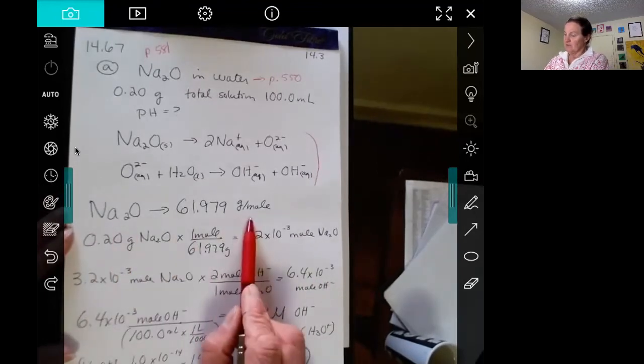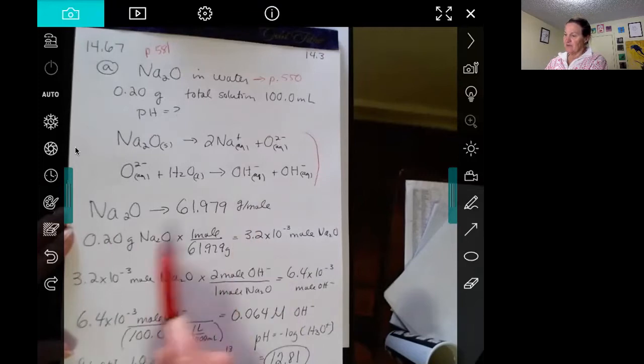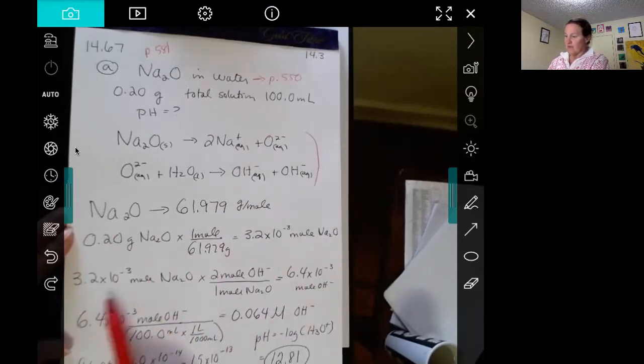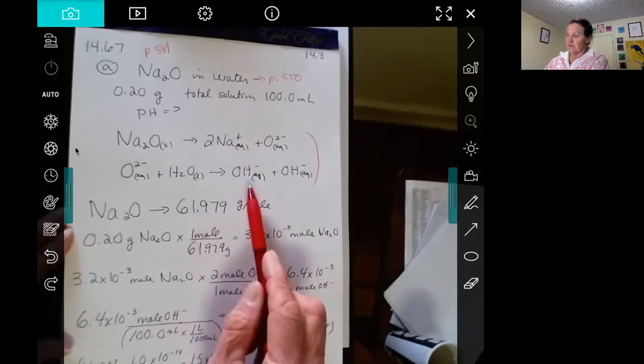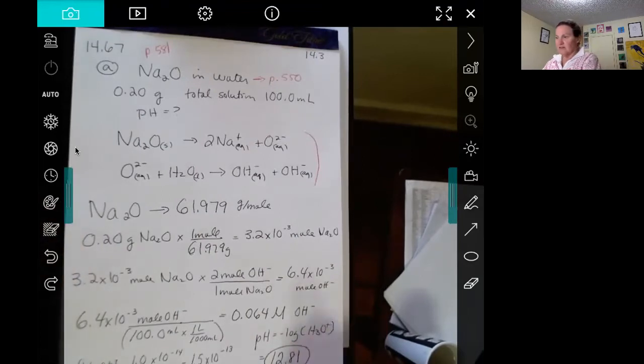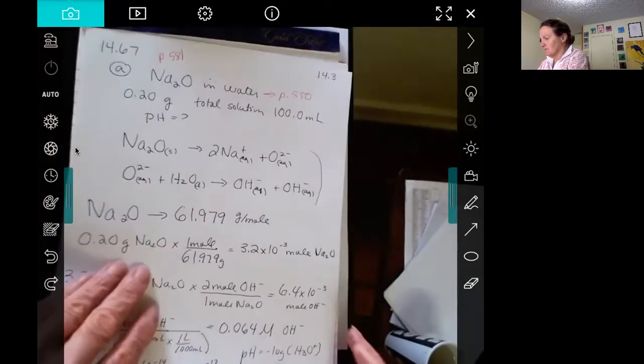So if we use the molar mass, which I got from Wolfram Alpha, and convert it into moles of sodium oxide, then the moles of sodium oxide I have to convert into moles of OH minus. There are 2 for every 1 mole. So I have 6.4 times 10 to the minus 3 moles of OH minus in there. It's present in 100 milliliters. So that gives us a concentration of 0.064 molar in OH minus. So to calculate the pH of that,